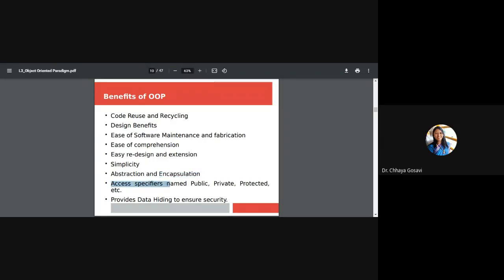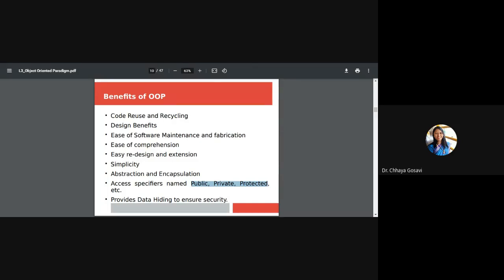Then access specifiers. In a previous lecture we also discussed this. Procedural programming doesn't have access specifiers, but object oriented programming has access specifiers like public, private and protected. These are used for hiding the data. On Facebook or any social media, you make your settings visible to only me, or my friends, or my friends' friends, or public.